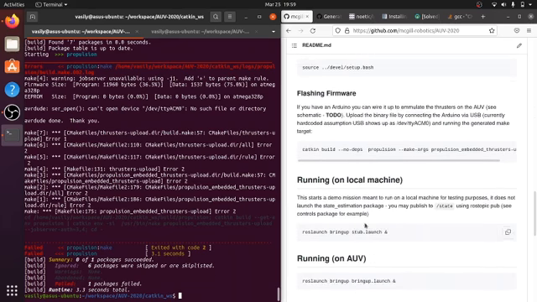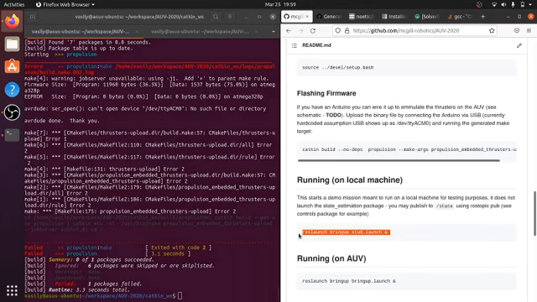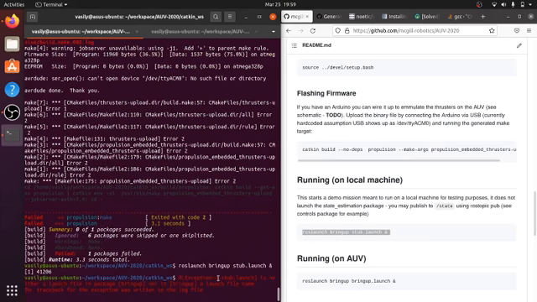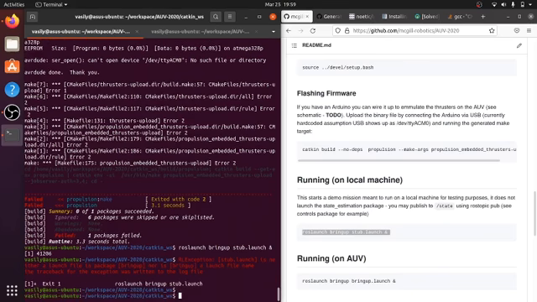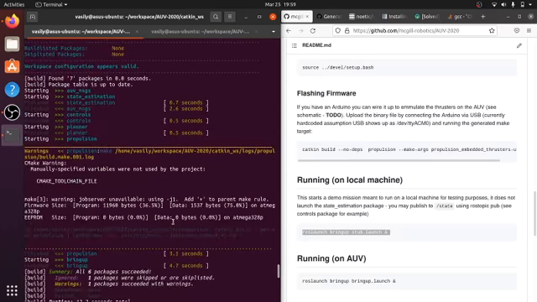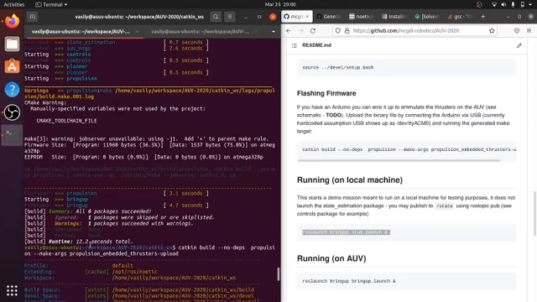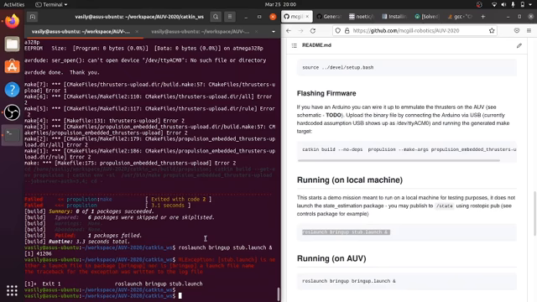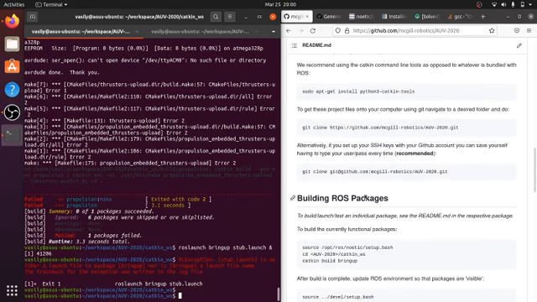If we try and do this now, however, we'll run into an issue where it says stub.launch is neither a launch file nor a package. Basically, it doesn't find this. The reason is, when we ran this first build, it told us, I believe at the very end, that our environment has changed and that we should resource our workspace. And the way you do that is